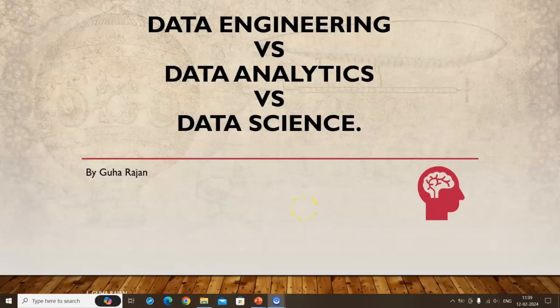is one of the hot topics in recent times. That is the difference between data engineering, data analytics, and data science. People generally confuse each of the terms, but each of them has a definitive meaning as to what it is all about. So before we get in depth into each of them,